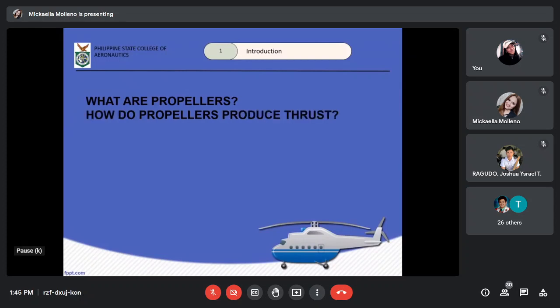So, how do propellers produce thrust? So pretty much it is by converting the rotational energy into propulsive force, therefore creating thrust, which is approximately perpendicular to its plane of rotation. We will be discussing it pa further sa mga susunod na lessons. Pero I chose to start with these two questions para kumbaga ba ma-boost up lang yung ating interest.